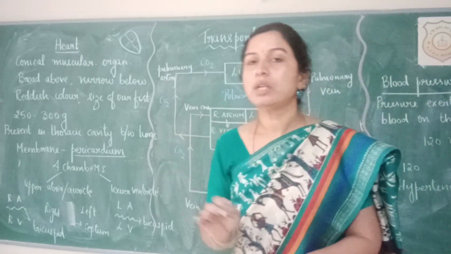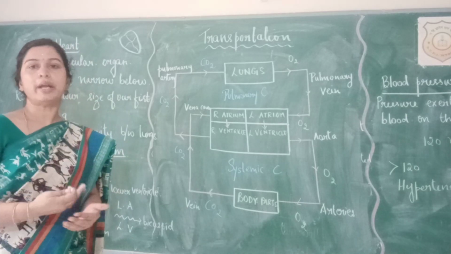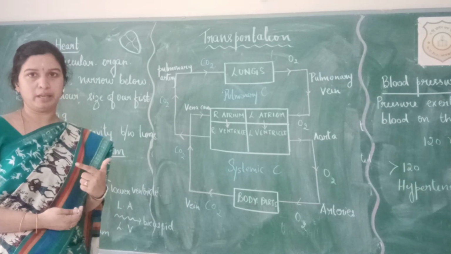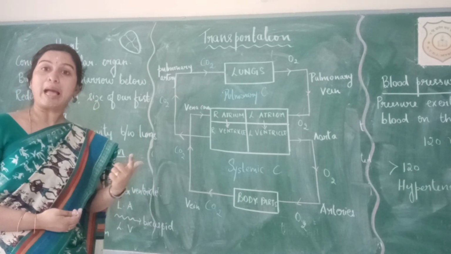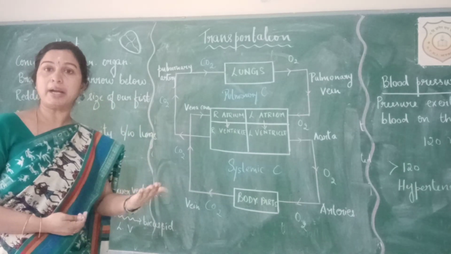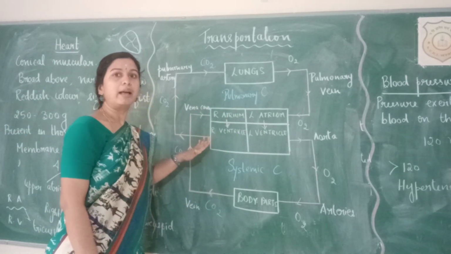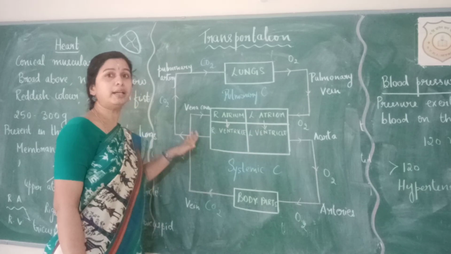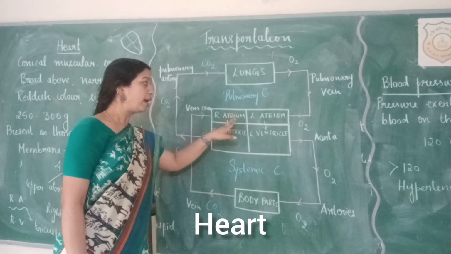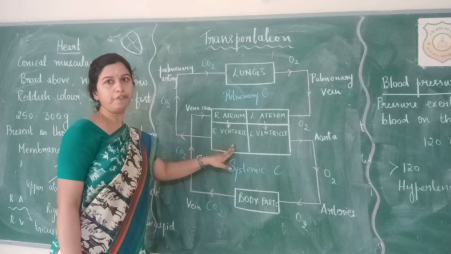Now that we know the structure of the heart, let us now learn how blood is circulated. Blood is pumped by the heart to different parts of our body. The blood capillaries will take the blood which is pumped by the heart to various parts of our body. So to make it simple, I have just drawn a schematic diagram. And if you see the walls of the atria, they are also thinner than those of the ventricles.